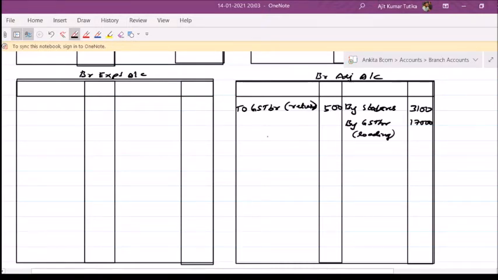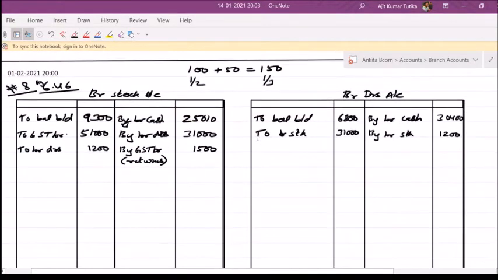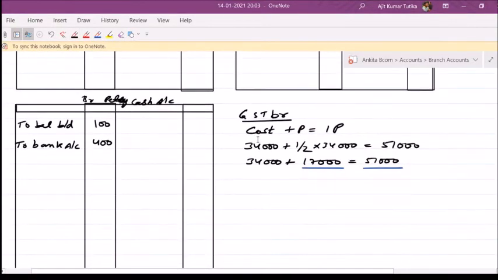Then you have actual petty expenses by branch. Now he is telling these are the actual expenses done by the branch. So you write here by branch expenses which is 370. Now this expense has to be written in either branch expenses account, or you can also take it to branch P&L.